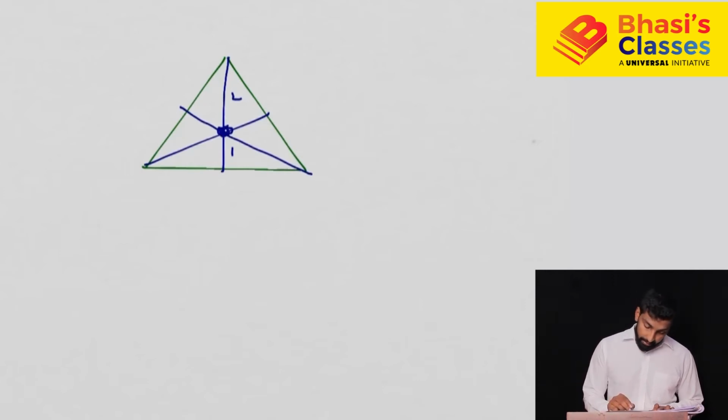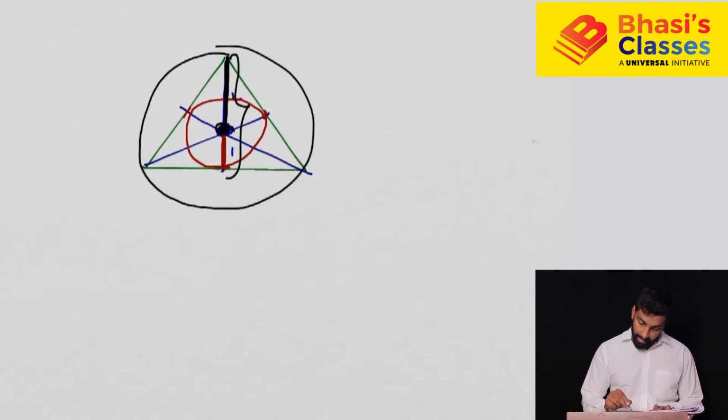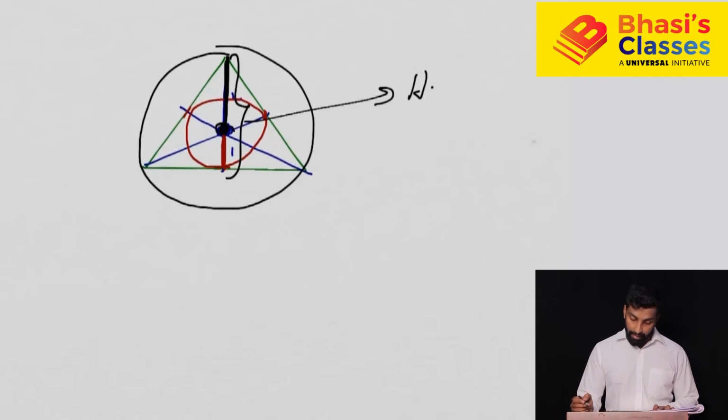Now by keeping this centroid as the center, if you draw an inradius, it has to touch the triangle, this side and this side, right? If you draw an incircle, it will go like this. So what will be the radius? This is the radius. Now if you keep this as the center and draw a circumcircle, what is the radius? This is the radius. So if you see, this together is the height in an equilateral triangle.